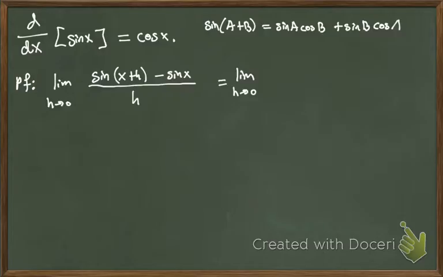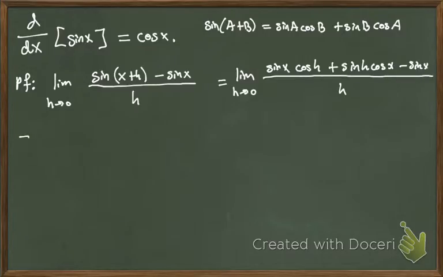So you would have seen this in either pre-cal or trig course. And so we're going to go ahead and apply that to the first part of the quotient there. And so that'll be the sine of x cosine of h plus the sine of h and then the cosine of x minus the sine of x all over h. And what we're going to do is a little bit of trickery because we're kind of stuck here, but we're going to use our special limit. So the limit as h goes to 0 of the sine of h over h is equal to